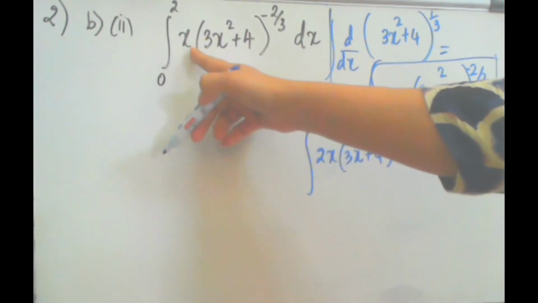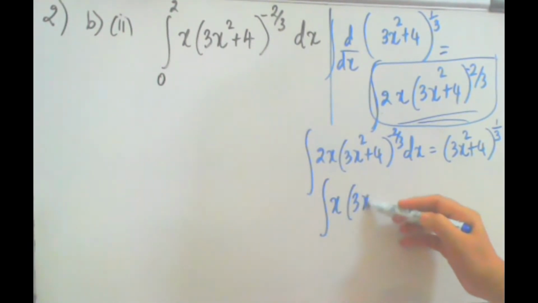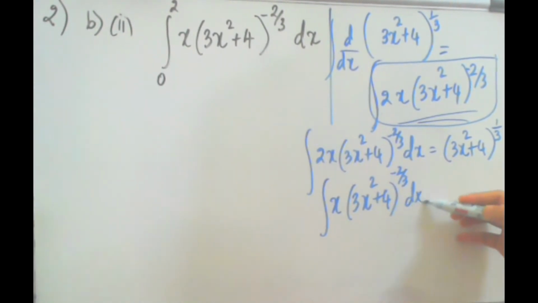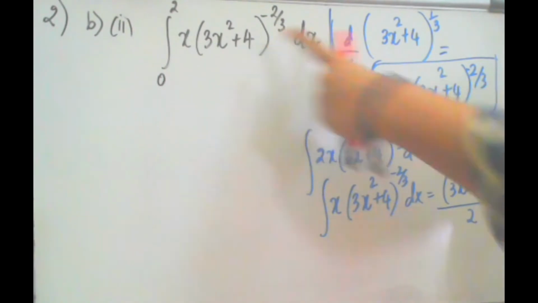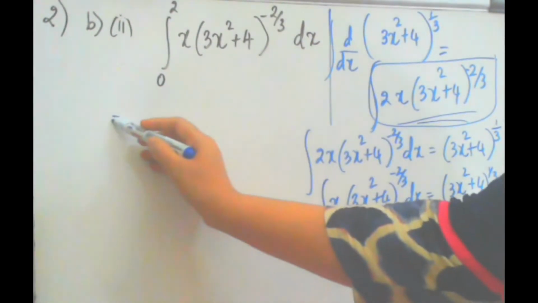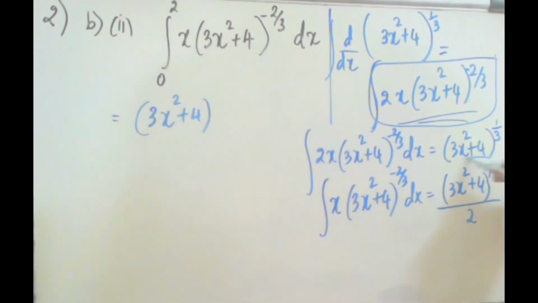But this doesn't have a 2 there, so we can remove that 2 and write the integration of x times (3x² + 4) to the power of minus 2/3 dx is (3x² + 4) to the power of 1/3 whole divided by 2, because it's a constant, it doesn't make any difference for this integration. Alright, so to answer this question, we will use this right-hand side. So this is equal to 3x² + 4. So we are using this result here,